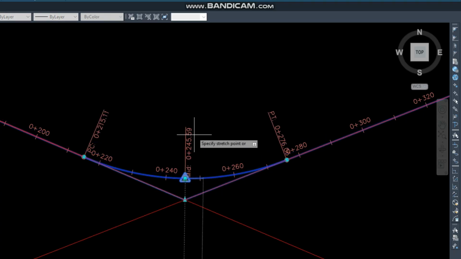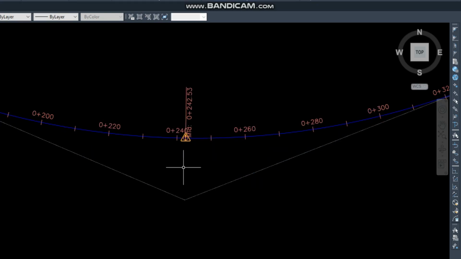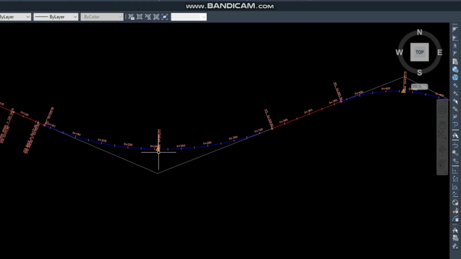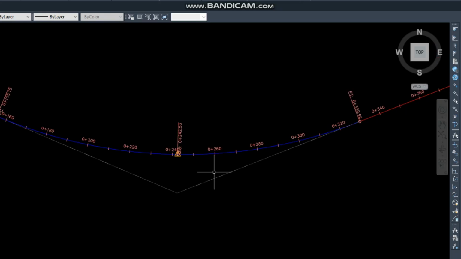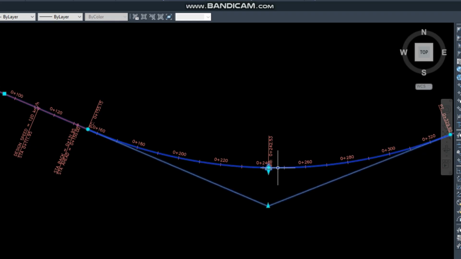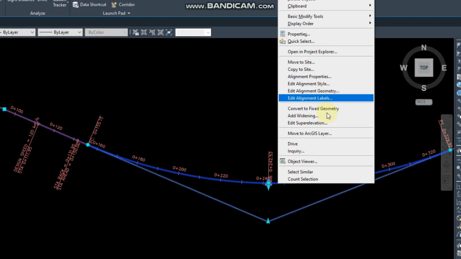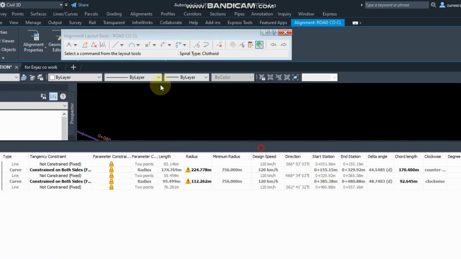There is a standard radius dimension for the curve radius from MOT. Here we are following that, so you must follow that radius. You can change the radius by going to alignment edit geometry. From here now you can see it's showing